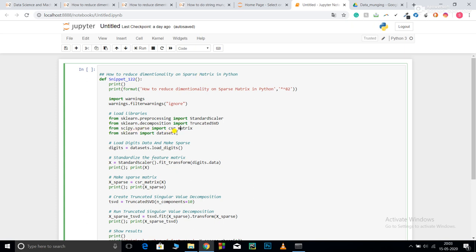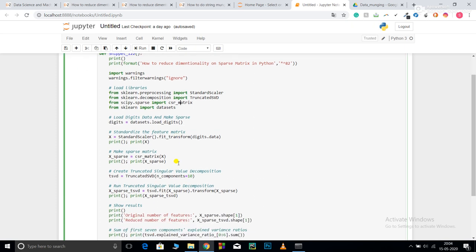From sklearn I have imported datasets. Now sklearn already has many preloaded datasets, and I would be using one of those. I am using the digits dataset, so digits equal to datasets.load_digits. I have saved that under the name digits. Now I am saving under the name X the standard scaled form of the digits data. StandardScaler fit_transform fits and transforms the values of the variables.